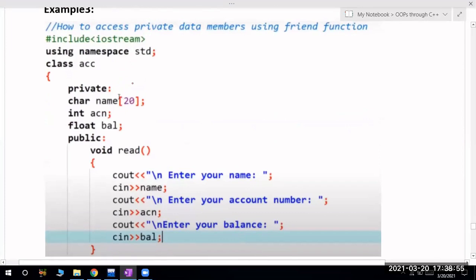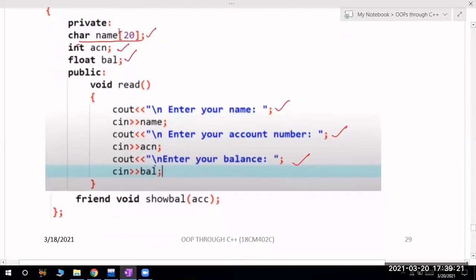This is another program using a friend function. This is a class, actually a class account. It has name, account number and balance. I am reading those three values, and I am creating a friend function, void show balance, which is used to show the balance only. But here you must remember that